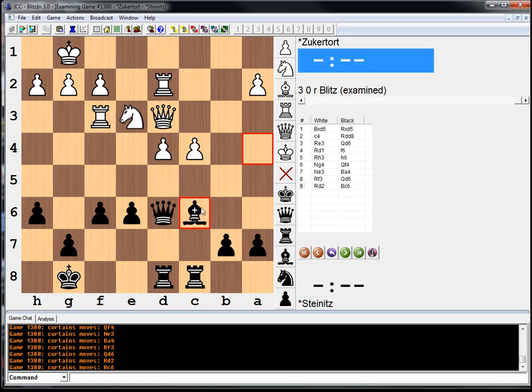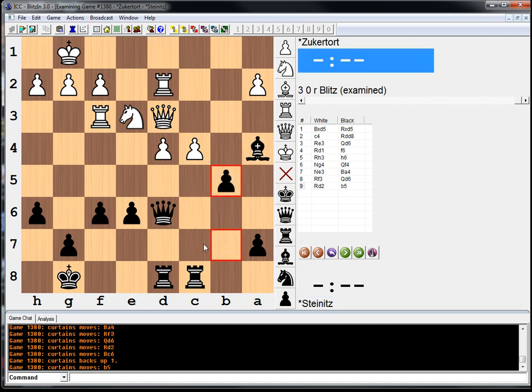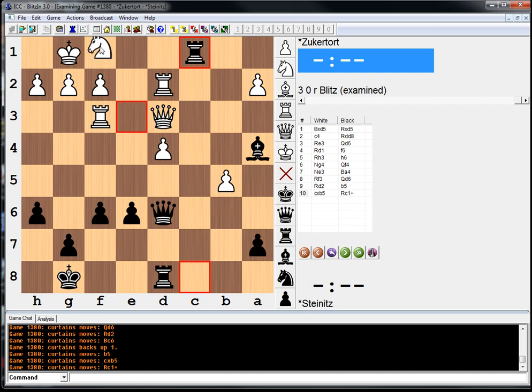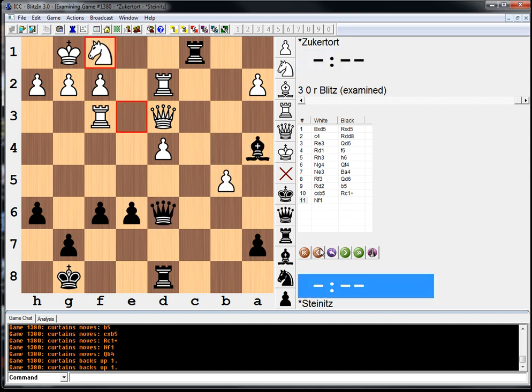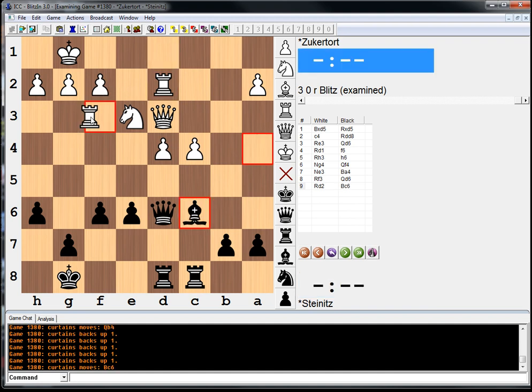bishop c6. By the way, the move b5 was even stronger, because if pawn takes, we can go rook c1, knight f1, and then queen to b4 with the idea of bishop takes b5. It's very strong. However, bishop c6 was played instead, rook g3,